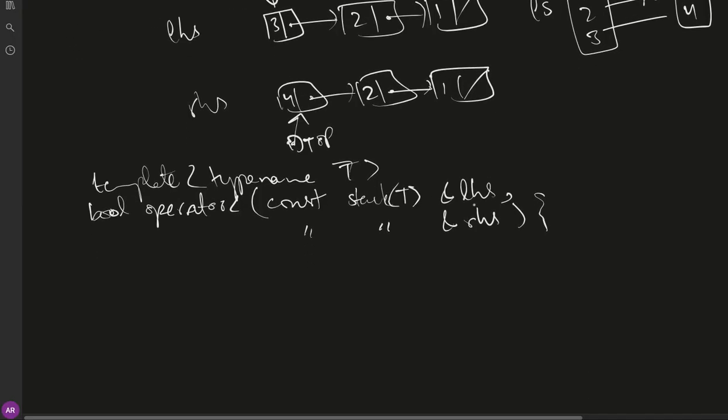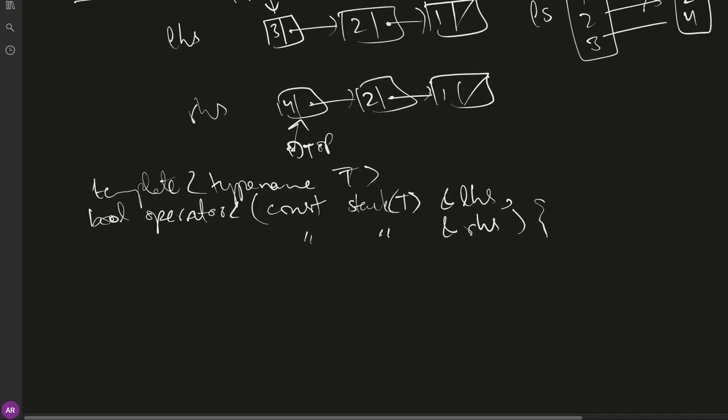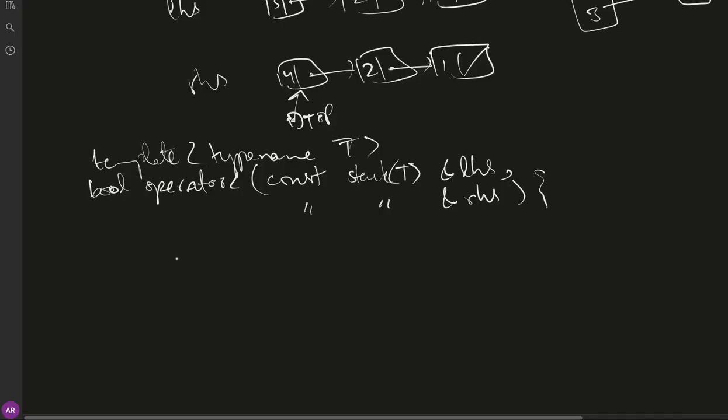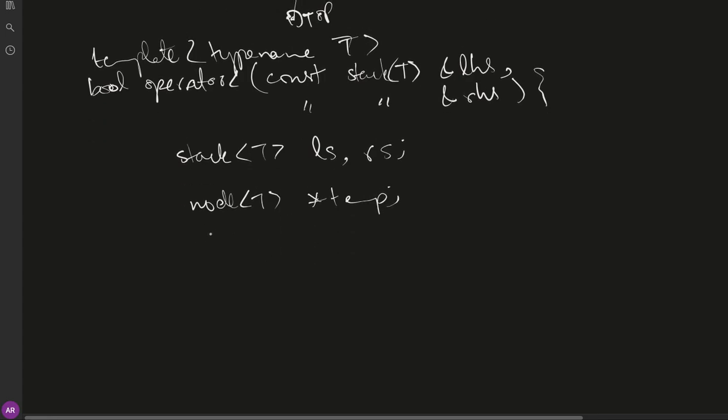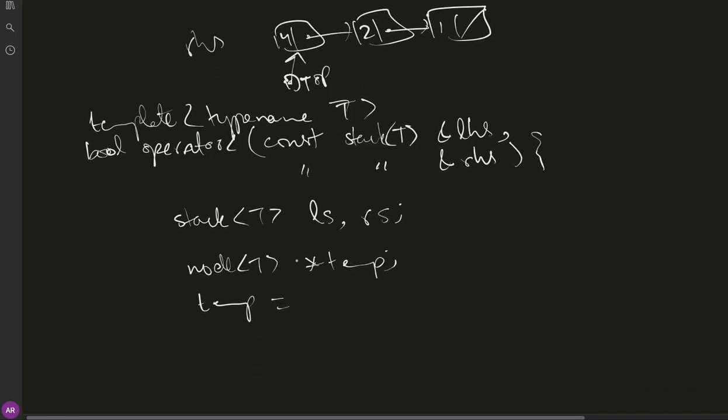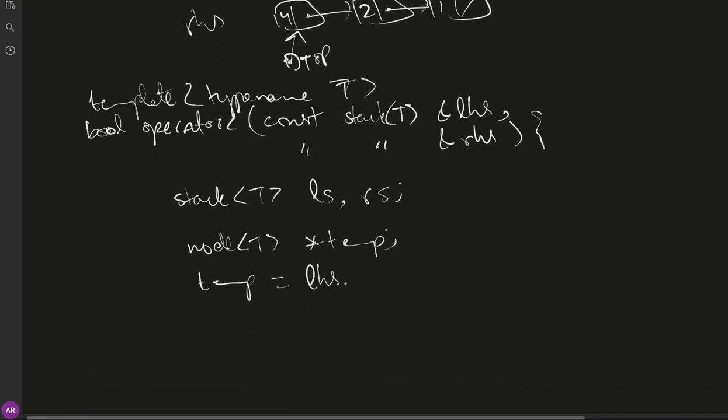Then we have to put the values of left hand side and right hand side into separate stacks. So we take two temporary stacks, stack the left stack and right stack, and we put all the values from both the stacks into these temporary stacks. So we take a temporary pointer node T, static temp. We initialize it with the top pointer of the left hand side dot top,